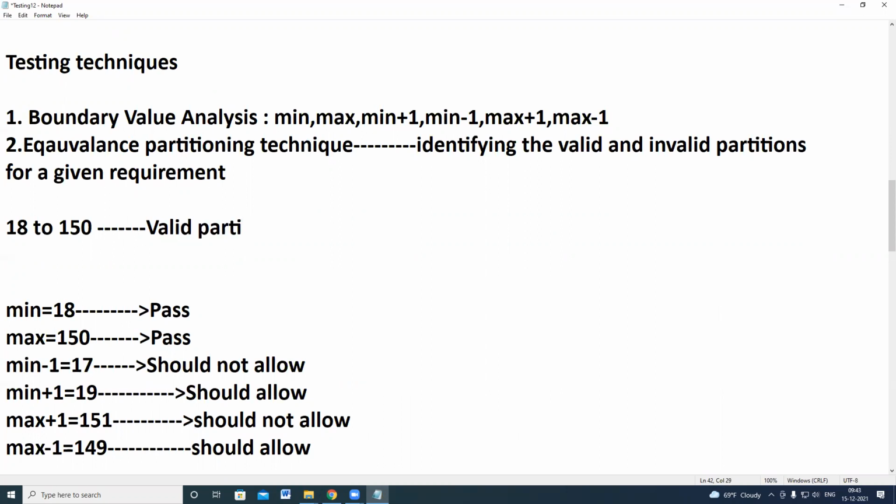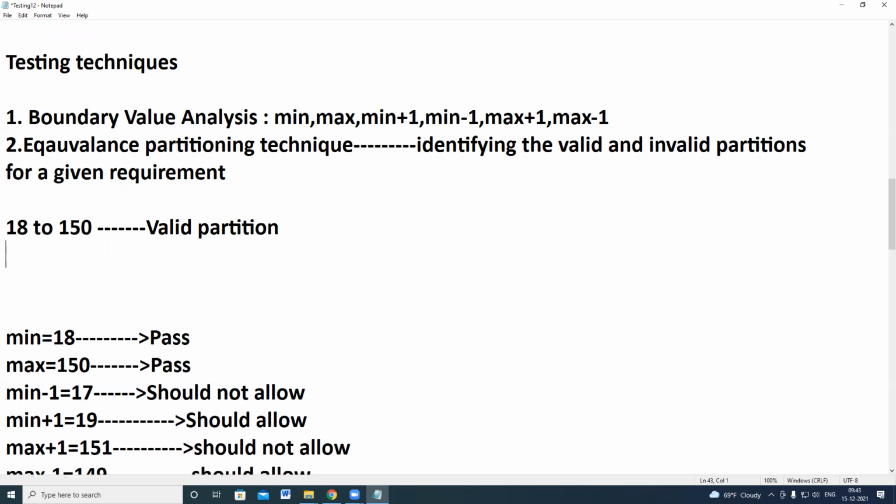And less than or equal to 17 is an invalid partition. And the third one, greater than 150.